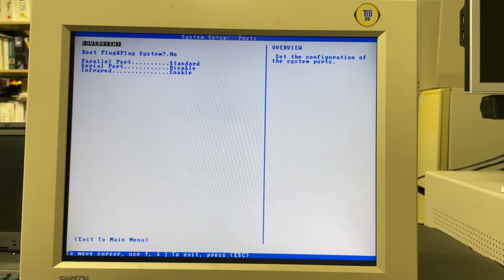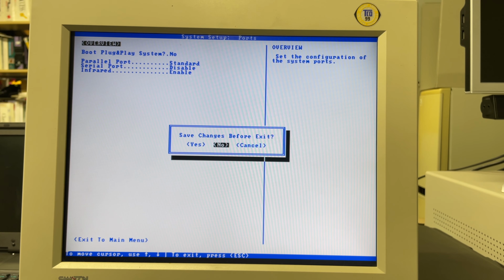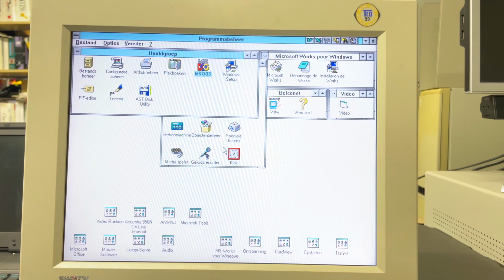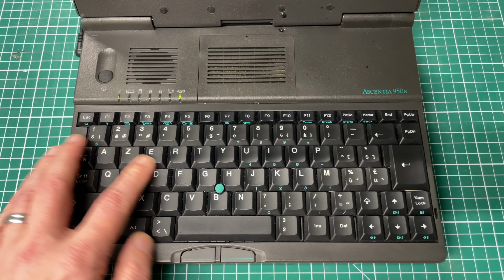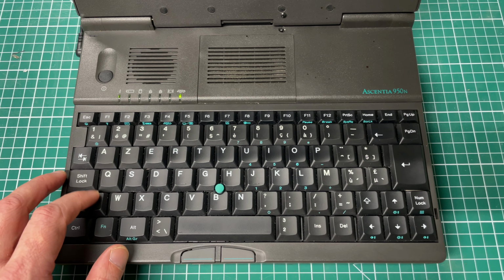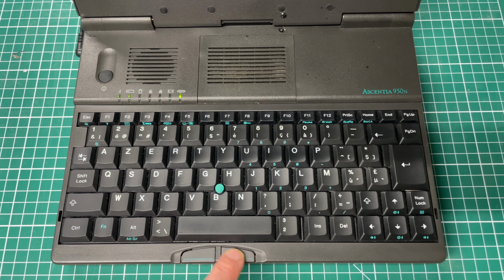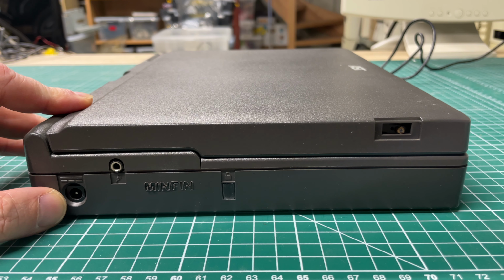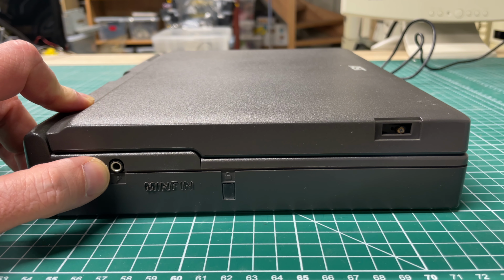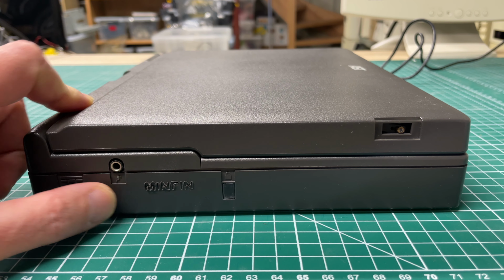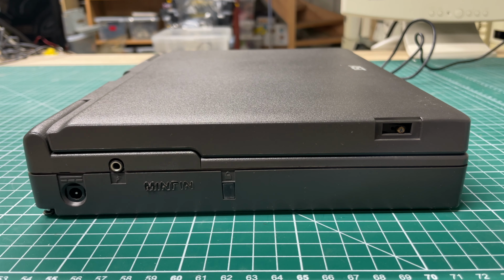Some of those obviously require a restart, but the fact that you can enter this BIOS from MS-DOS or Windows is pretty cool. So yeah, other than that, we have a pretty nice keyboard. We have this pointer device at the center. We have the left and the right mouse button. Some LEDs. On the side here we have the power input, we have a headphone jack, we have a lock